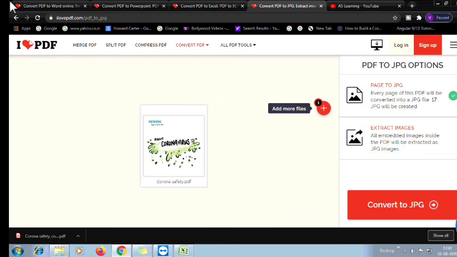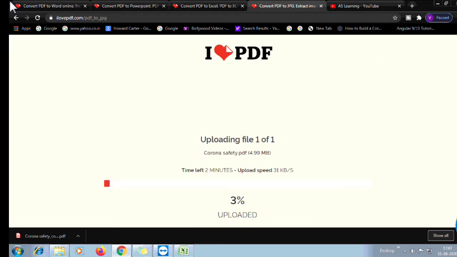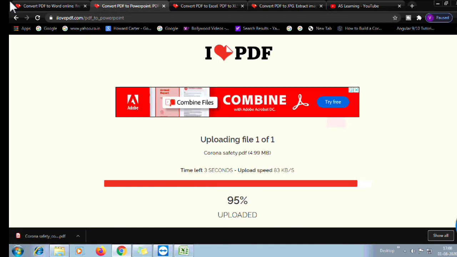The step is the same for all operations. Convert to JPG, so it will convert each PDF page into a JPG image. As there are 17 PDF pages, it will convert to 17 images of that PDF and store them in a zip file. So let's see when it is completed.